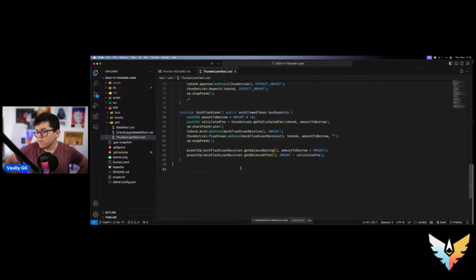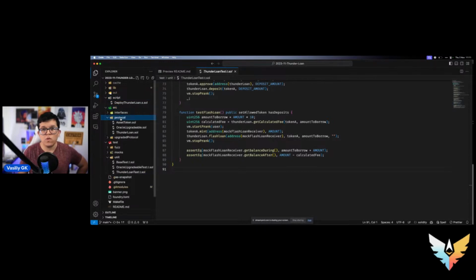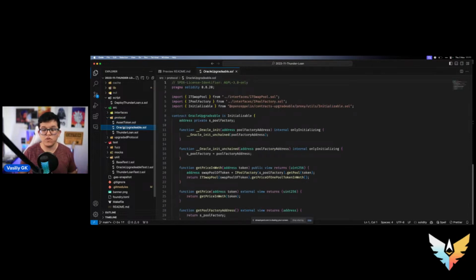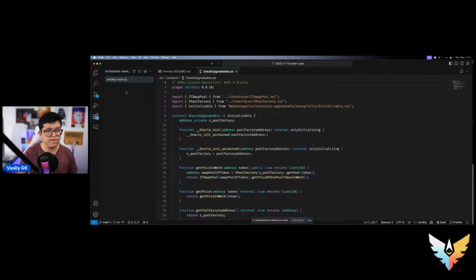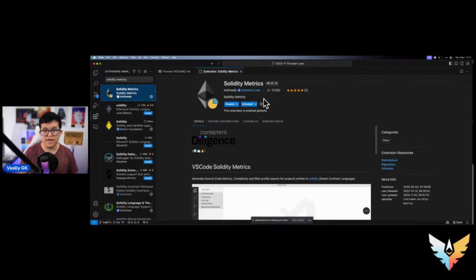So one of the most common questions we have always on these projects is where to start. I have different smart contracts over here, right? Where to start looking for bugs? So one of the most common tools we use, usually when we start making this auditing process, is an extension for Visual Studio Code called Solidity Metrics. Don't forget, you can always go to the extension store, type Solidity Metrics, install it,